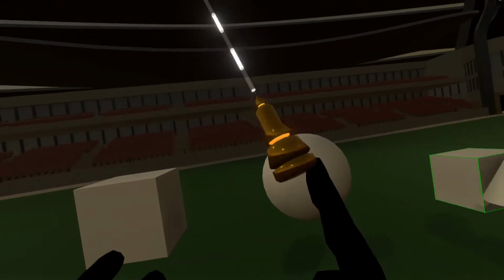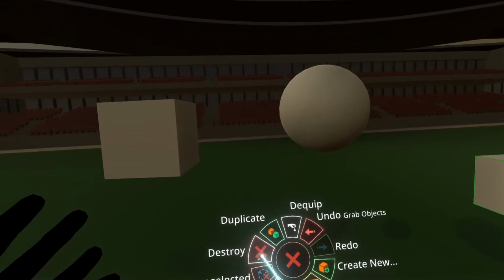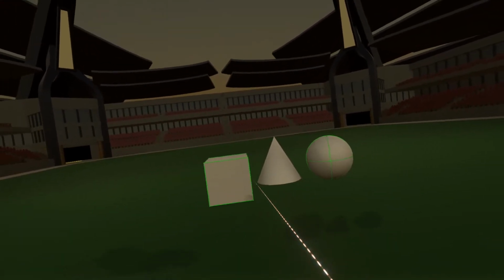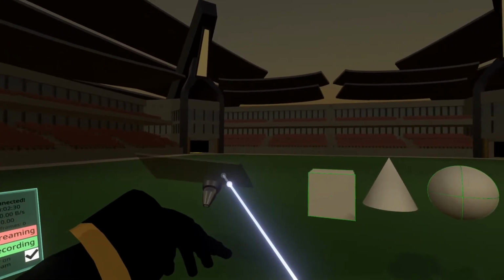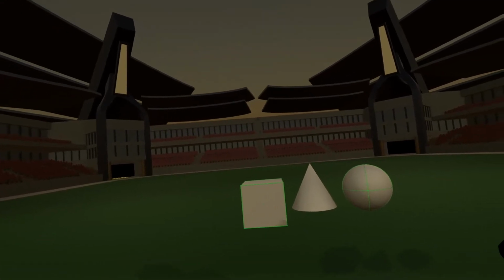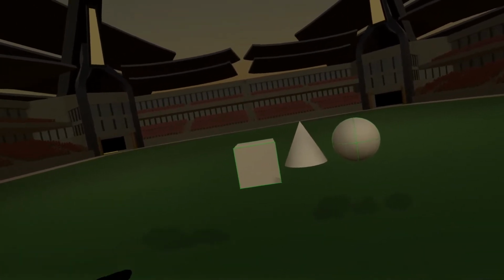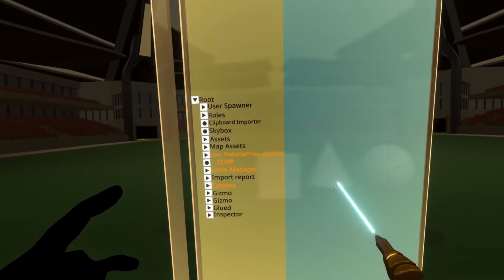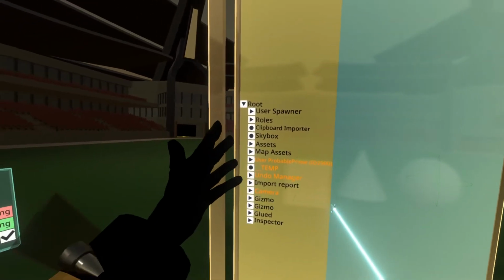Non-persistent objects do not save when you save an object, and that can be any form of saving. So in this case, I did inventory saving, where we saved this to our inventory, but this could also be applicable to world saving. So for example, if I saved this world here, the Neo Stadium, the cone also wouldn't be present. Let's take a look at the world root of this world, and you'll also see that other slots